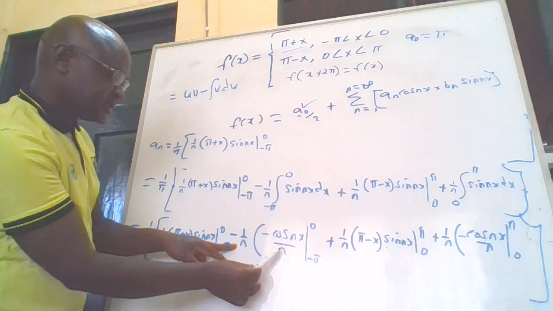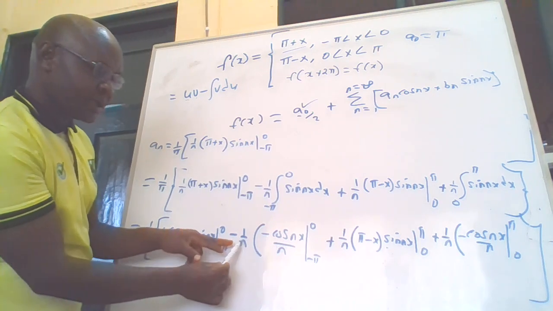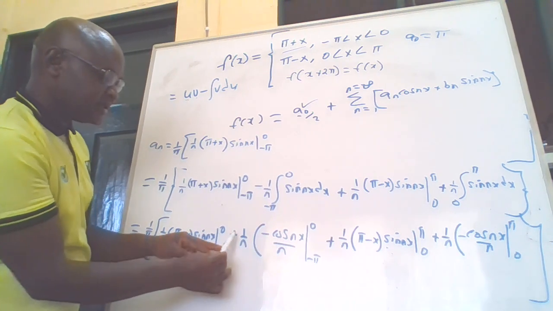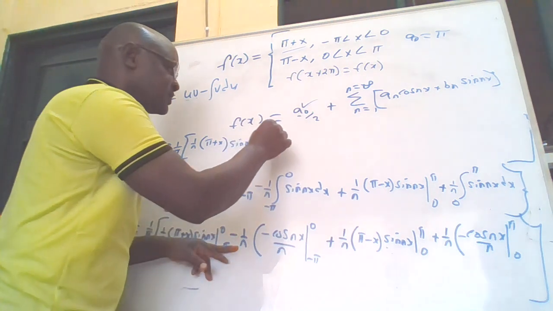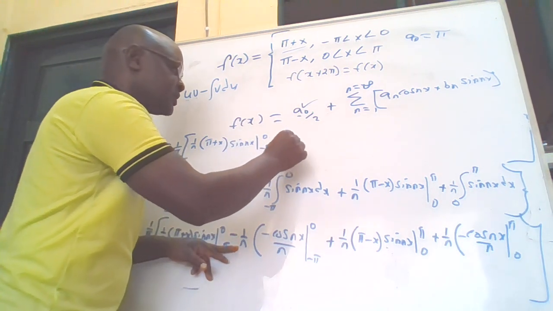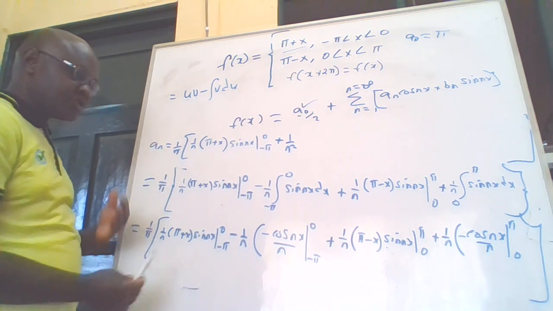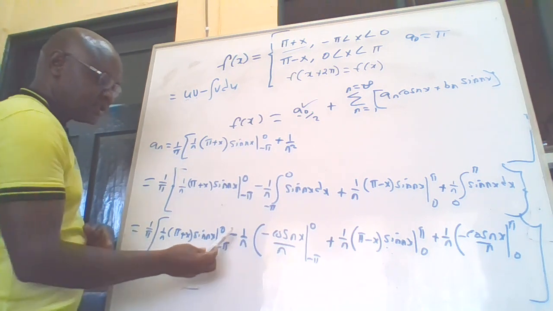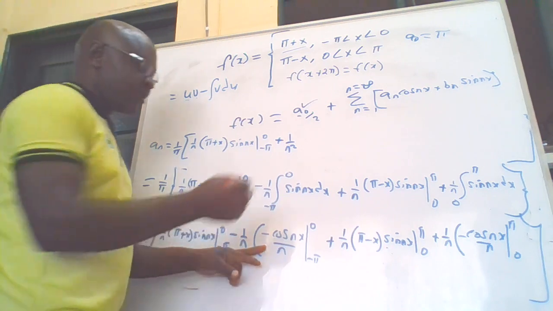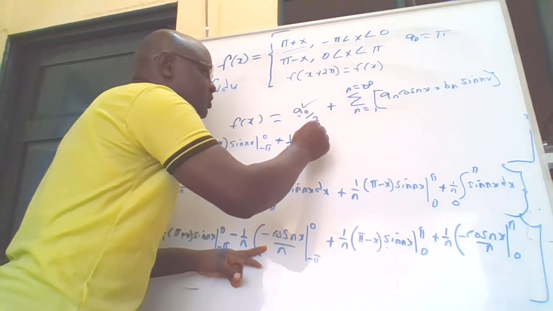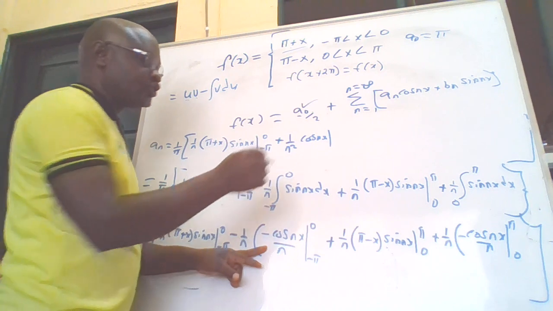And then here I can take out 1 all over n, and this sign and this sign will be positive, so I have plus 1 all over n squared, because now when you take n outside, this n times that n will be n squared, and this will be positive. So I have that cos nx, and the range is,